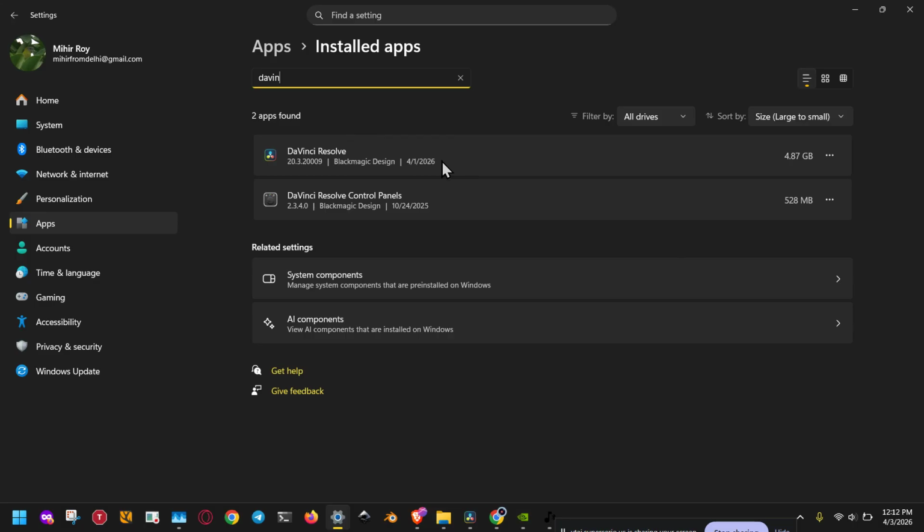Restarting is a simple but important step because it clears out any loaded system libraries that may still be active in memory. Sometimes Windows keeps certain files in use even after an application has been removed, and a reboot helps reset everything properly. After your computer turns back on, go to the official DaVinci Resolve website and download the latest